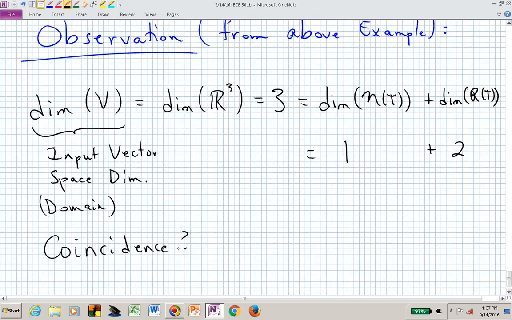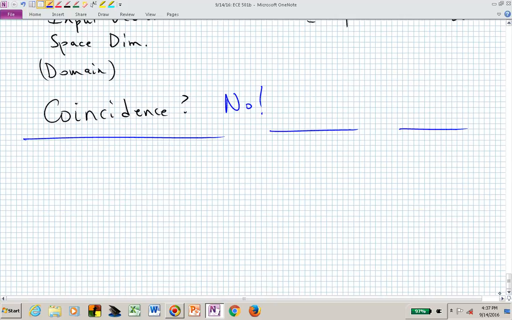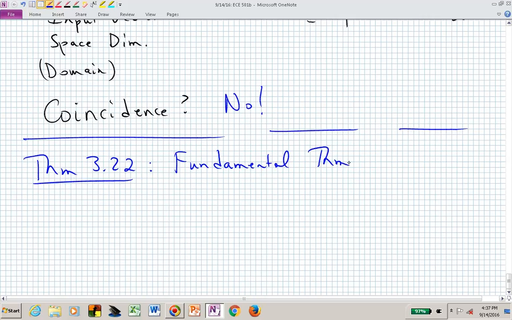Is that a coincidence? I probably wouldn't ask the question if it was. The answer is no. This actually gives us a theorem, Theorem 3.22, which is labeled the fundamental theorem of linear maps,